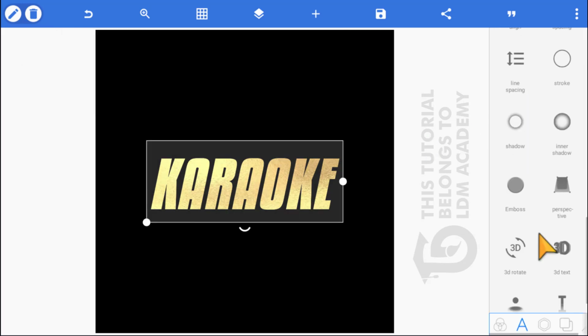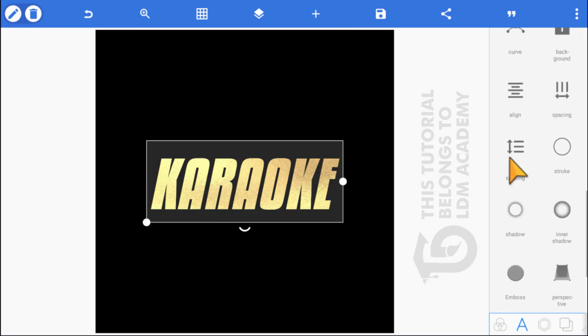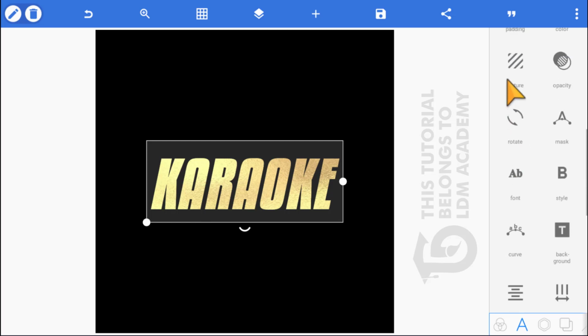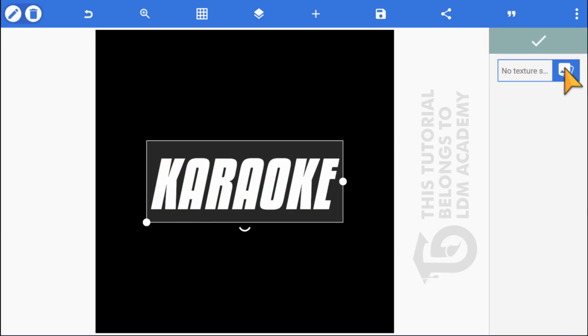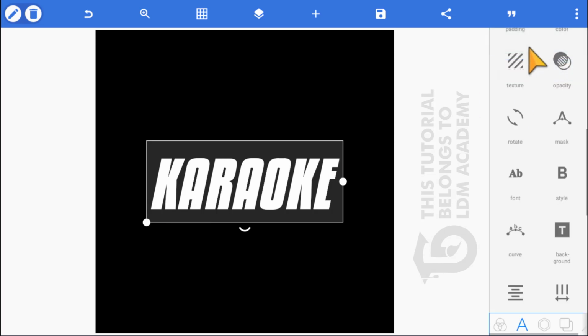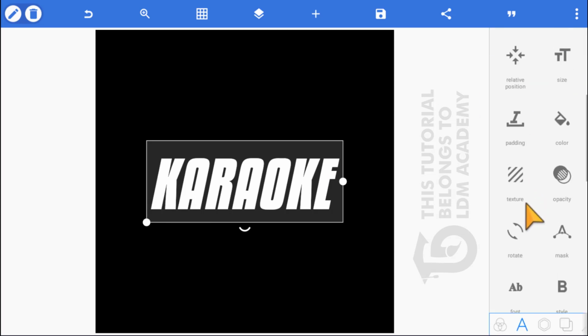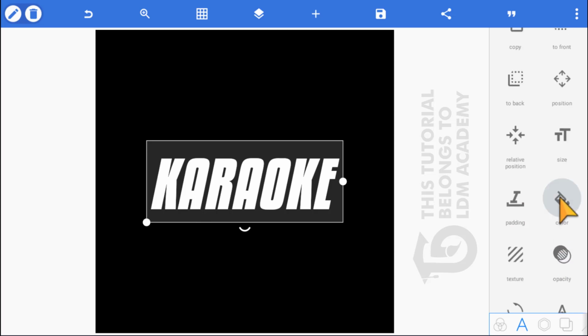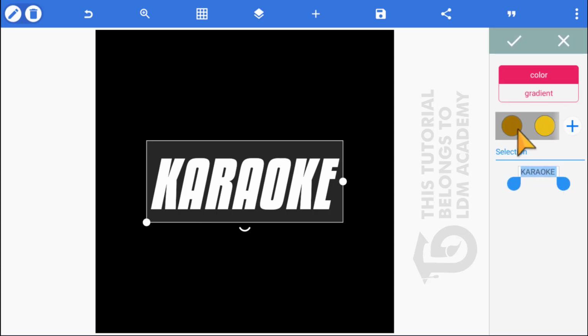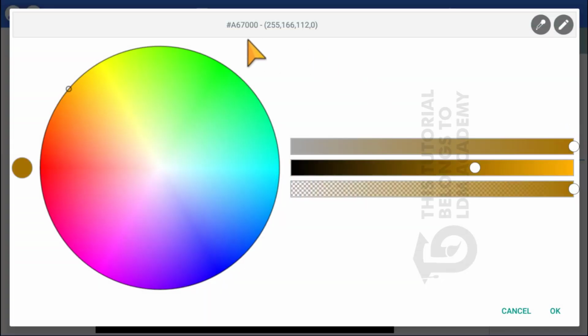Good. The next thing we need to do is to click on this texture again. Then you delete this. All right, you'll see your text has come back to white. The next thing you need to do is to click on color. Then I'll be using this color. So let's see the color code. The color code is